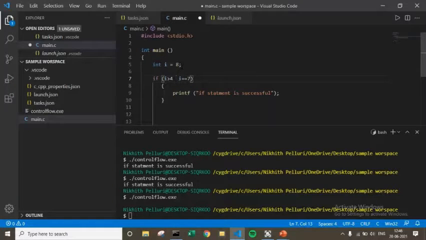At that point we use the two parallel bars. The if statement says that any one of these conditions, either I should be equal to 7 or I should be greater than 4, then the following statement should be printed out.